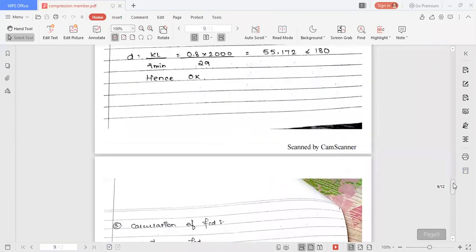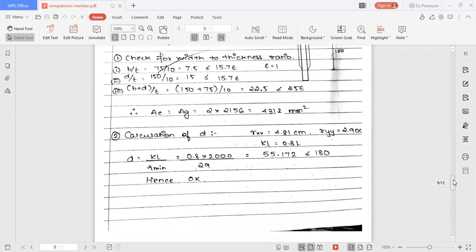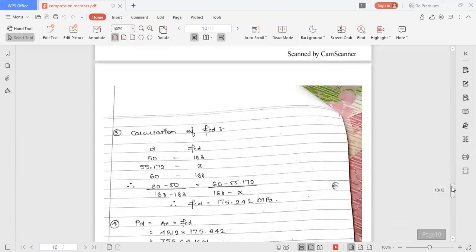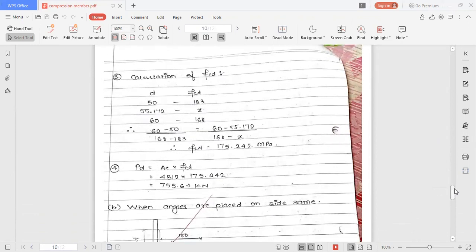value of RYY is given as 1.99, and we have taken 2.9. Okay, so whatever value is there in your table, it is 1.9. Had you checked? Yes, ma'am. Okay, so you can take that value 1.9. It is approximately equal to 2. Then also the value will be less than 180 only. So your design will be safe. Only slight changes will be there in the compressive strength. Okay, ma'am.